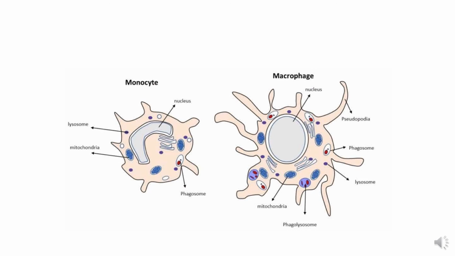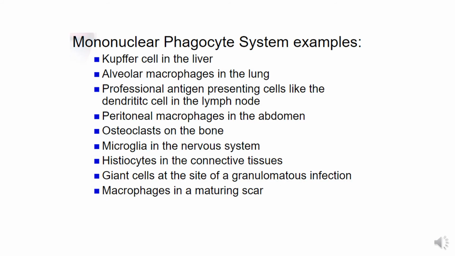So you can here see the monocyte, which is the precursor form of this macrophage, and you can see the various processes. Active macrophage is containing a large nucleus, and the organelles, in which the lysosomes, the rough endoplasmic reticulum, and the Golgi apparatus are well developed, and the macrophages are having abundant cytoplasmic processes. So these macrophages are part of the mononuclear phagocyte system, and